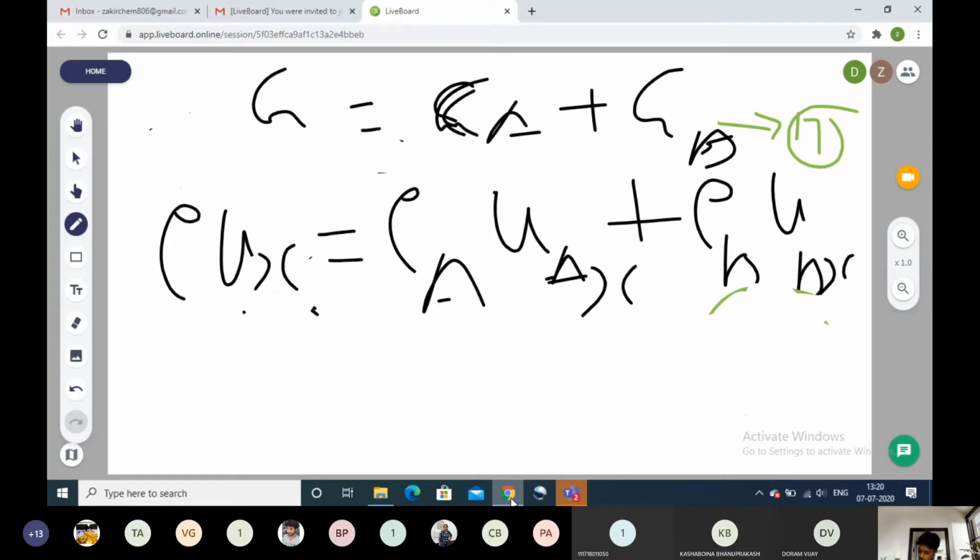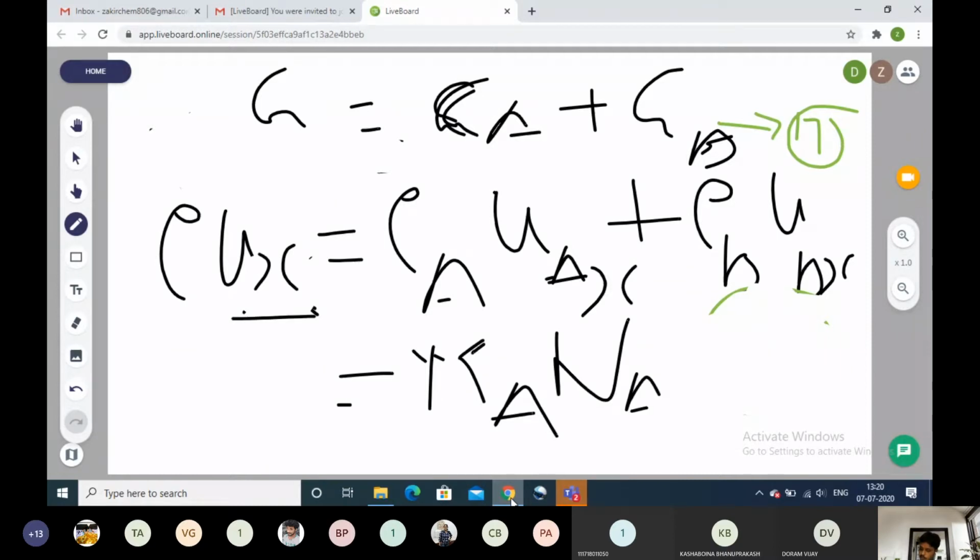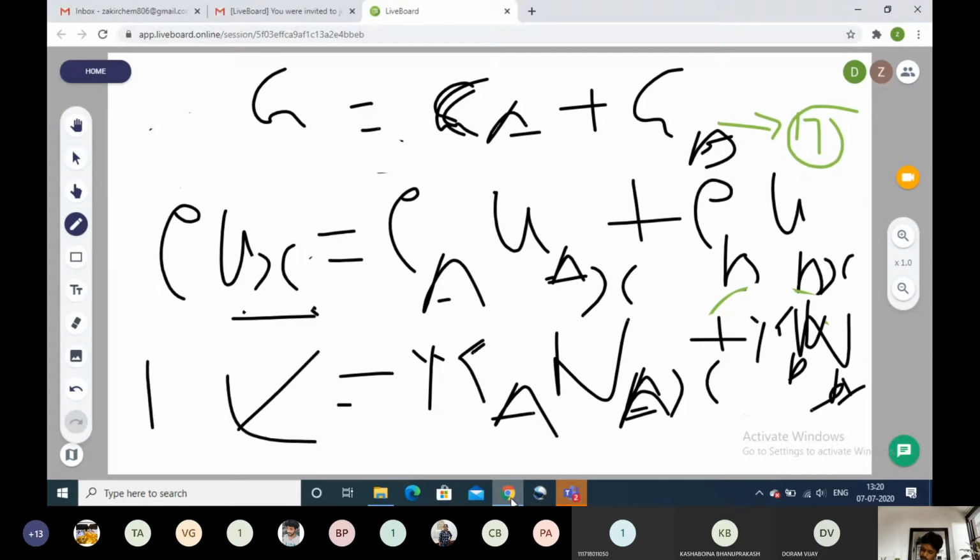So we can write this whole equation as also equal to MA, the molecular weight of A, into NA. Since we are writing in the x direction, we have to write the flux also in the x direction, MA into NAx. Similarly for B, MB into NBx. So this is overall equation 18. This assumption we have to apply here.